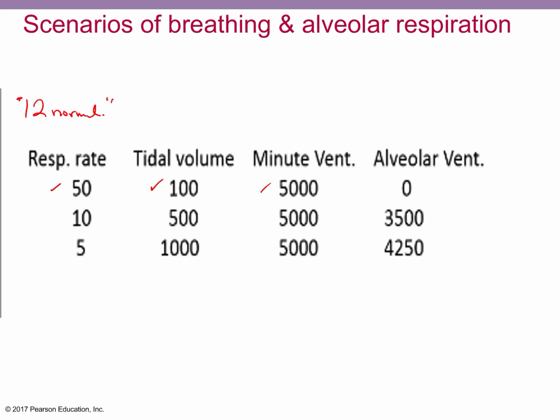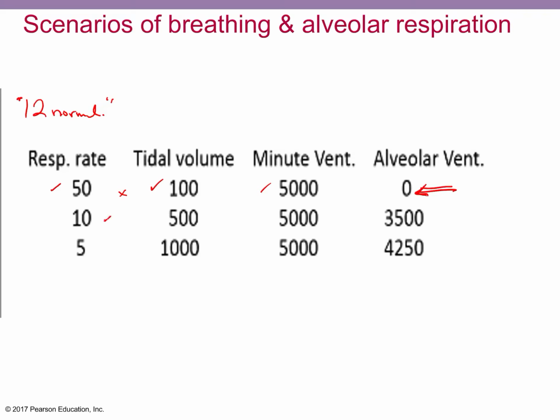They're not going to be bringing in a lot of air. So their tidal volume is going to be small, right? Their minute ventilation, if you multiply the two, is going to be 5,000 milliliters. But out of that, nothing's reaching the alveoli, because the alveolar ventilation is going to be very, very minimal. If your respiratory rate is 10, so this zero is gotten because we're also subtracting, just so you guys know, that dead space, the 150